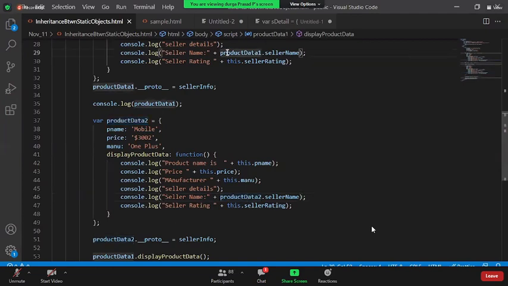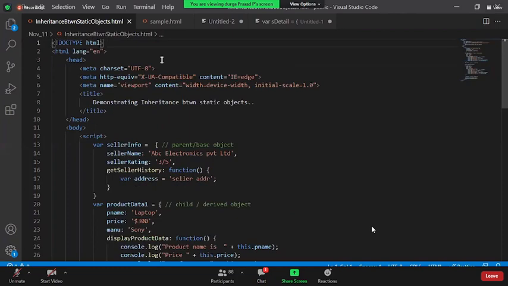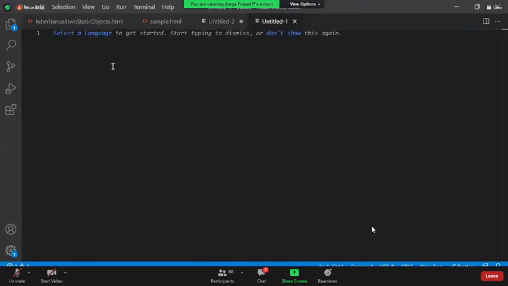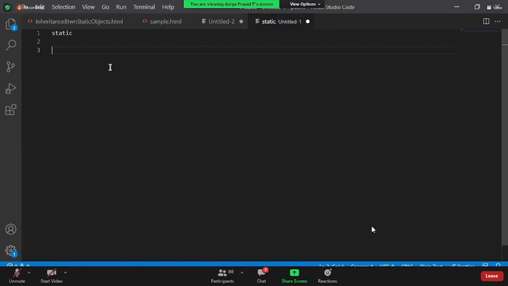So the next topic is, we have seen inheritance and understood inheritance, and inheritance is not just done, guys. Inheritance has a lot more to come. Now, the next way is, there is a scenario like Amazon where you have one static object available and another static object available. You want to implement inheritance. You have used the underscore underscore proto. Let us take an example where you have one object as a static object and another object as a dynamic object.